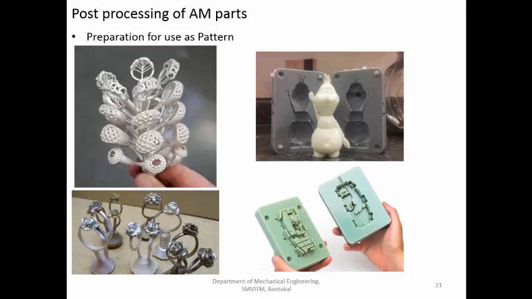So if you are talking about the investment casting process, it is also called the lost wax process or lost foam process. Basically it works on the same principle. You have the workpiece, you have the pattern. The pattern is coated with several types of slurries to create a thick shell. Then the shell is heated to high temperature. Whatever the wax or foam is there, it is going to melt and come out of the investment shell. Then you are filling the investment shell with the metal, and after allowing it to cool, you are taking out the casting.